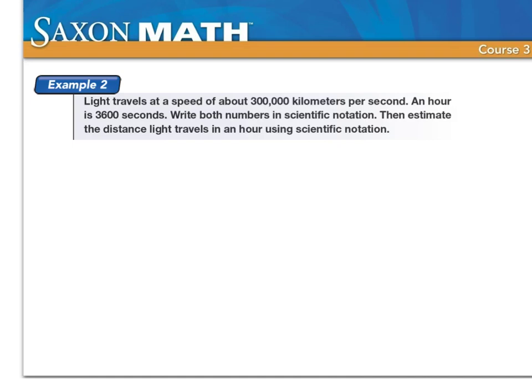We want to write both numbers in scientific notation and then estimate the distance light travels in an hour using scientific notation. Okay, so first thing we need to do is figure out what kind of problem this is. Light travels 300,000 kilometers every second, and we want to know that in an hour, so we have to multiply those numbers together. So we're going to take 300,000 times